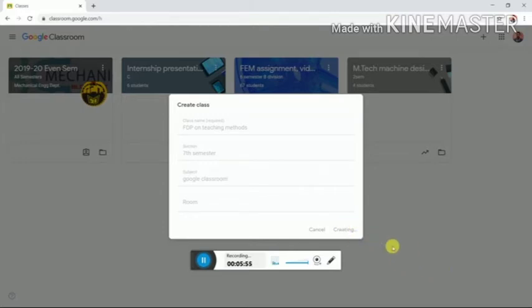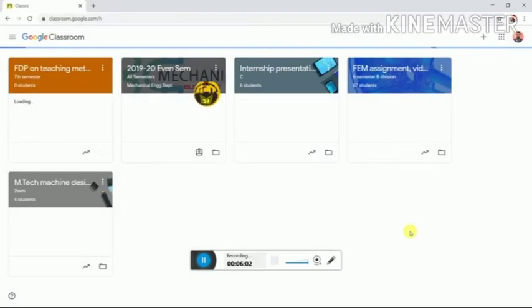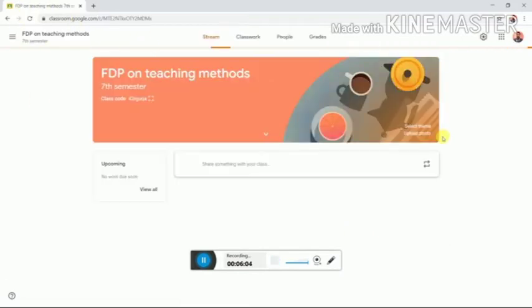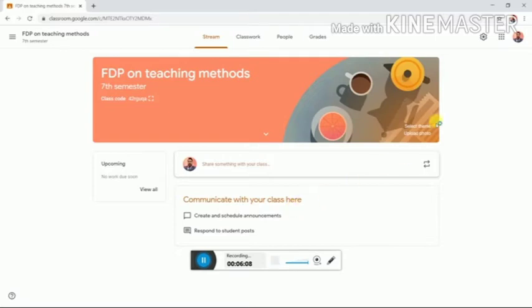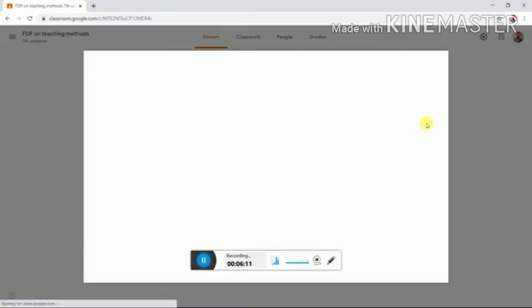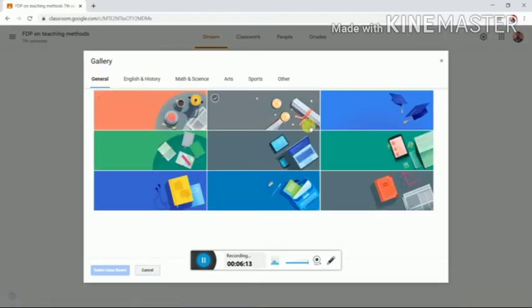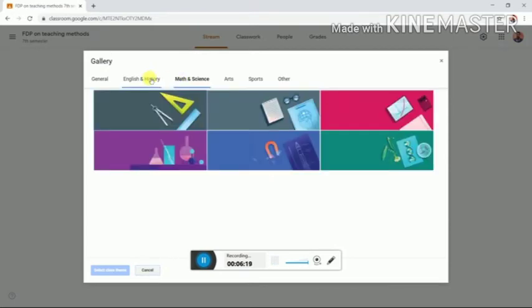So it is creating. Once the class is created, see here, this is the class which I have created now. You can select any theme for this class, as inbuilt themes are already there, whether it is a general, maths, science, or English theme, you can select any theme.